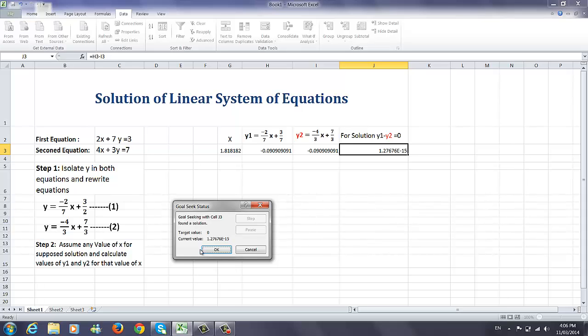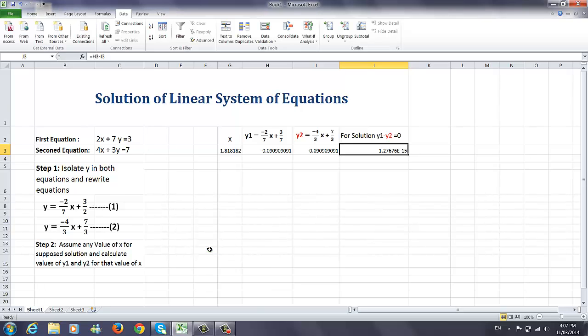And then click OK, and this should give us the target value of 0, the current value, and here we got the value of x, which is 1.8181. So these are the coordinates for the solution. The coordinates of the solution are